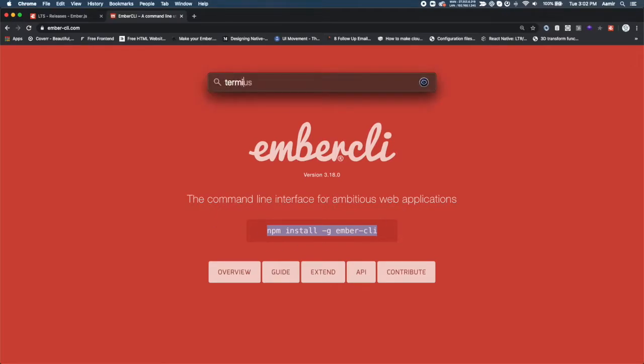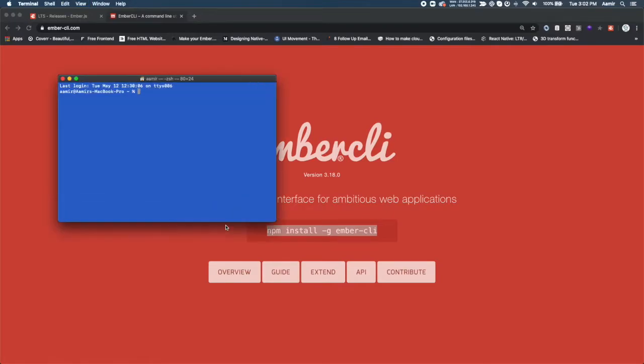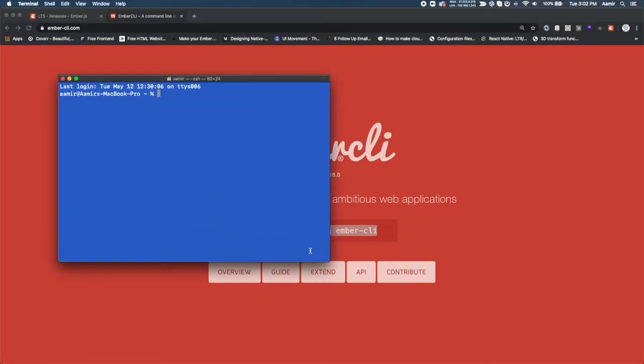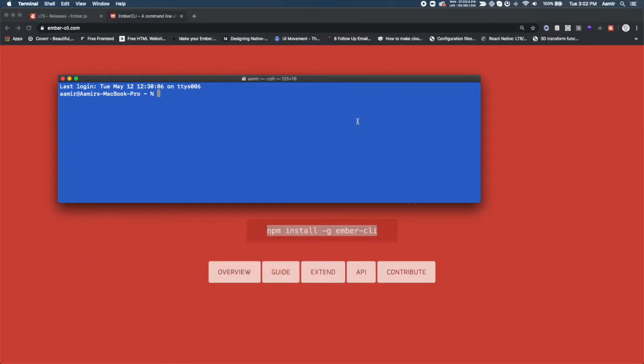Let's just start the terminal. Small fonts. Let's increase it. Do I have Ember already installed? No. Okay. I do have npm version 6.14 installed and I do have yarn 1.22. I like yarn over npm as it's fast, but you can use npm or yarn, whatever you like, for installing